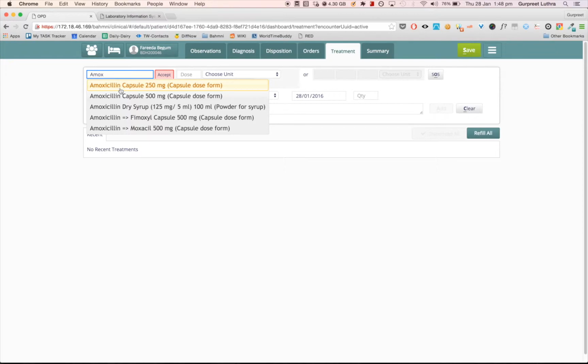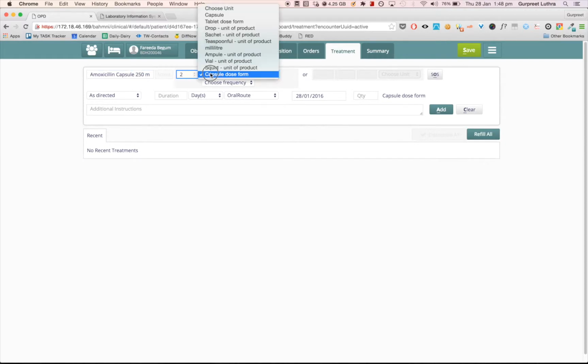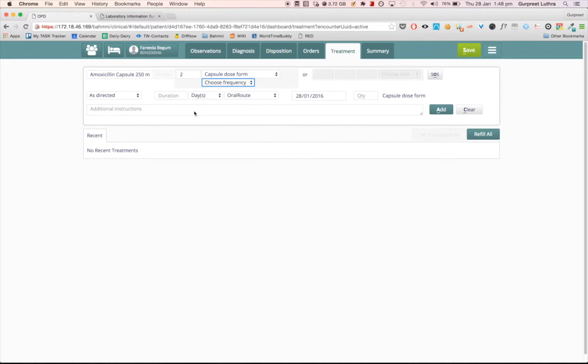So amoxicillin capsule of 200 mg, this is what the doctor wants to prescribe. Let's say the patient is supposed to have two capsules twice a day, after meals, for 4 days, after which the patient would have to come in for another checkup.